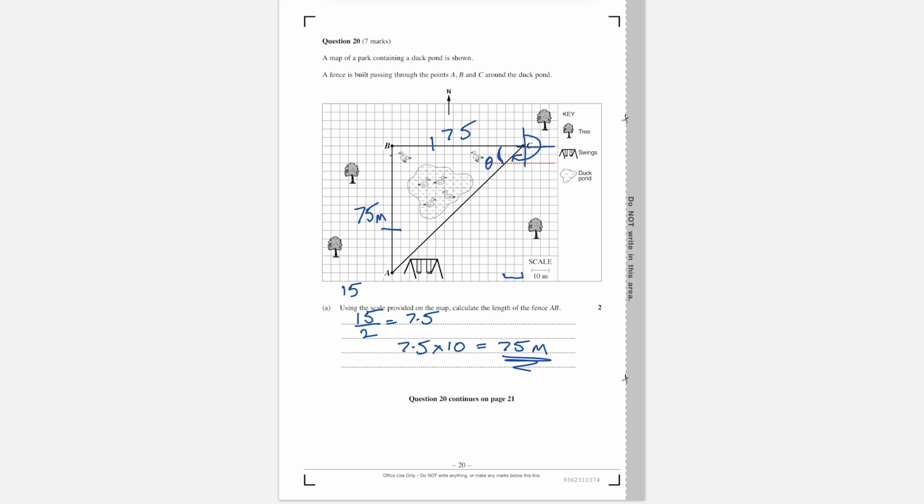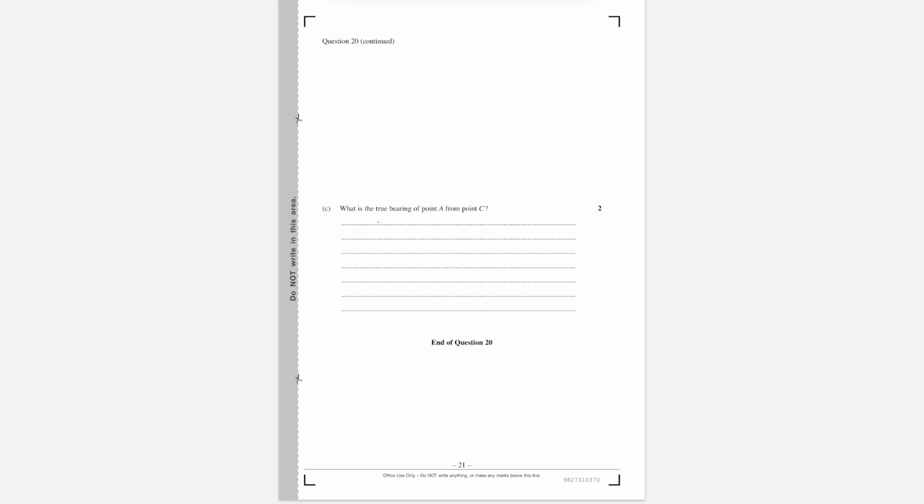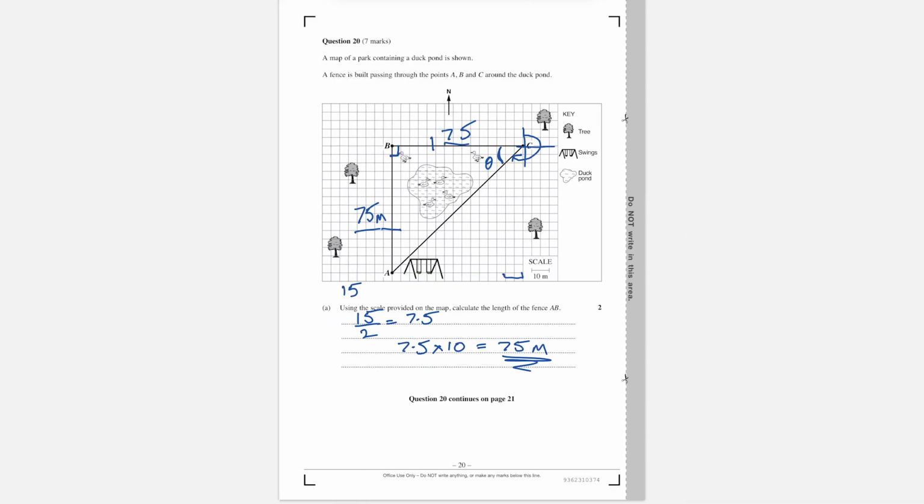We also know that this is a right angle just here. And quite simply, we're going to use the tan ratio. So taking this 75 and this 75, go like this. Tan theta is equal to 75 over 75, which is, in other words, 1. And we know that theta is equal to 45 degrees because tan 45 is equal to 1. All right, so now that we know that this angle here is 45 degrees,